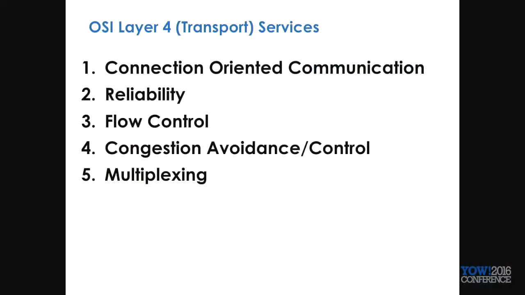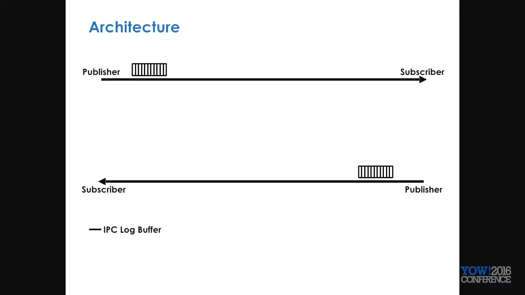It does provide reliability, best effort reliability. There is built-in flow control, which is one thing that is different than other protocols in this area. There is a place for congestion avoidance and control, and it allows multiplexing. The architecture is important. It especially is important to understanding some of the C++ challenges that are involved